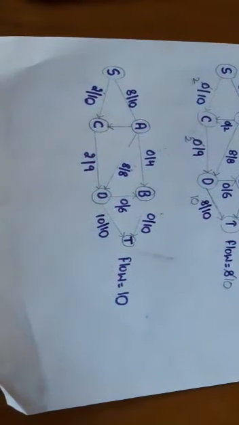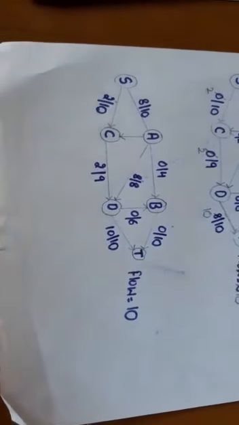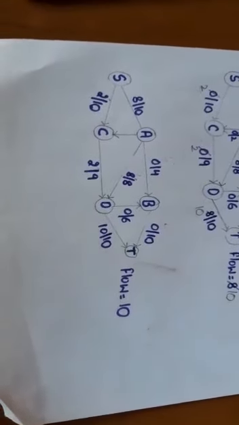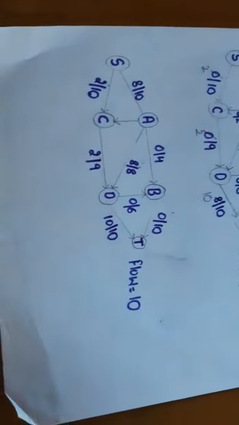Initially it was 8, but since 2 flow has been passed over it, it becomes 10 now. So let's see which path I can take next. I have updated the values here. SCH is having a flow of 2, CDH is having a flow of 2, and ADH is full, DTH is also full. The total flow is 10. So let's see which augmenting path we can take next.